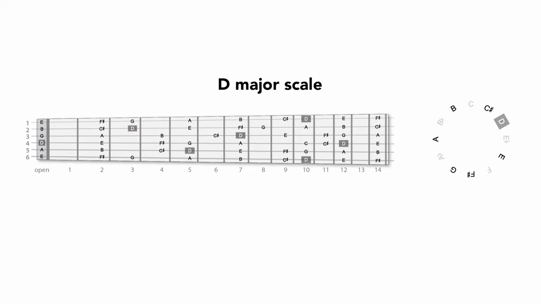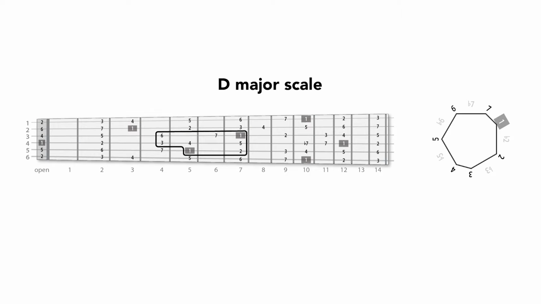In fact, this pattern is so pleasing, it's so popular, that we can also label it using a set of scale degrees or interval labels using numbers, where D is interval 1, numero uno, the star of the show, and all of the other intervals in this pattern are numbered according to their position in the scale. So we can play the same sequence using numbers like this: 1, 2, 3, 4, 5, 6, 7, 8. Now that 8th pitch is really just the D note, or 1, at a higher octave. So we could say that the scale resolves to 1 again, like this: 1, 2, 3, 4, 5, 6, 7,